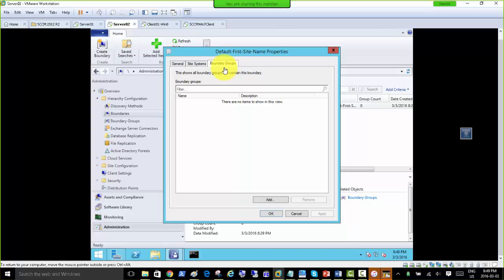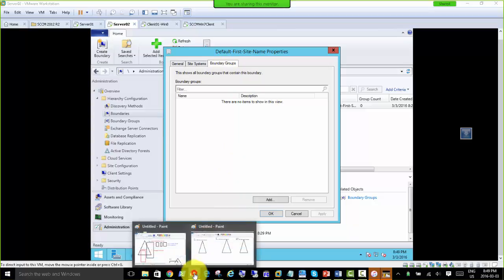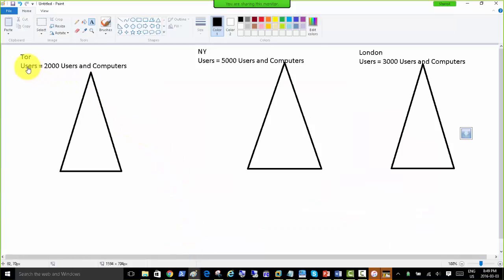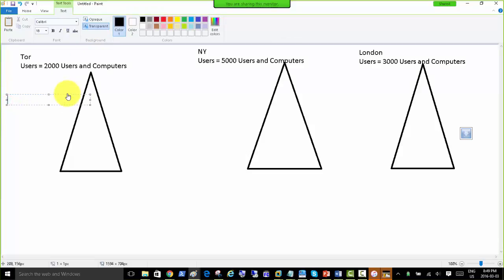So we can group one or two boundaries. Suppose there is one building, the Toronto office, and it has 2 floors. And each floor has 1,000 computers. So we can have 2 boundaries. Suppose for those 1,000 computers on each floor, the first floor,